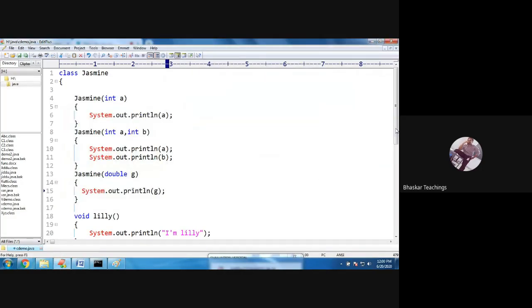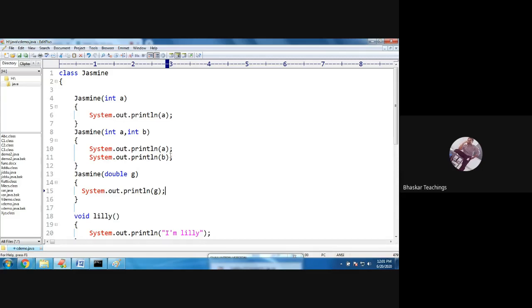The point is, in my sentences only I told, when there is no constructor defined, then the compiler will generate a zero argument constructor. I said, when your class doesn't contain any constructor, but you're creating an object, then the compiler will add a default constructor.